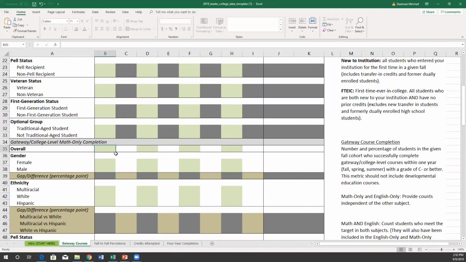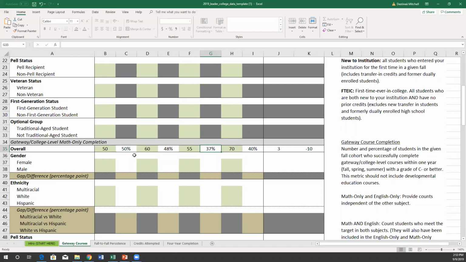Well, how many out of those denominator of students completed math, Gateway math in the first year? 50, 60, back down to 55, and then we jumped up to 70.